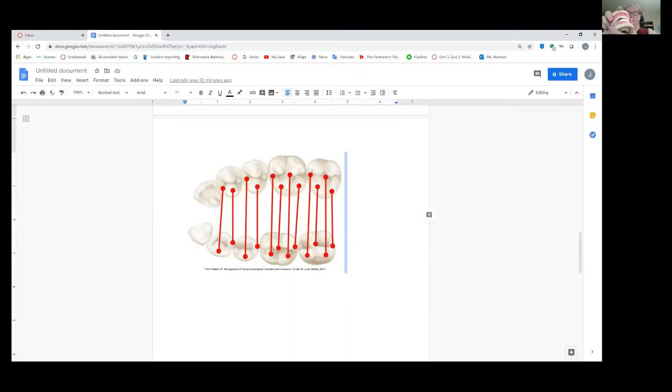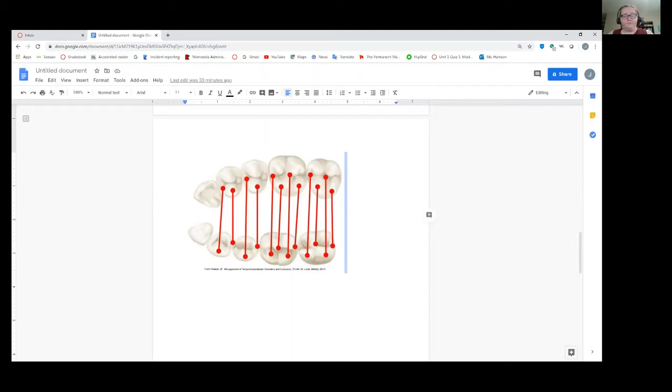So that brings us to the next thing, open bite. Open bite is when all the back teeth are occluding, but the anterior teeth are still open. So imagine all of these are touching in the back, but it still looks like that in the front. And that's often associated with thumb sucking. Has anybody ever seen that? Yeah, it's really unfortunate. So that's called a parafunctional habit, when it's due to a habit that the patient has.